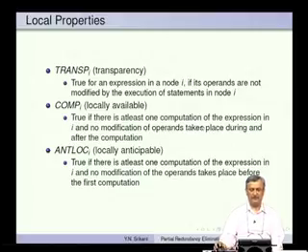So, let us look at the details of the algorithm a little more. Now we define availability, anticipability etcetera in the form of data flow equations. So, before that some local basic block properties have to be understood. So, for example, what is transparency of an expression in a basic block? This is a predicate, it is true for an expression in a node I if its operands are not modified by the execution of statements in node I.